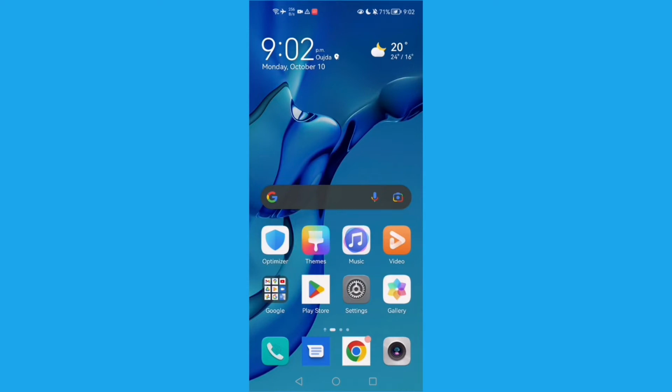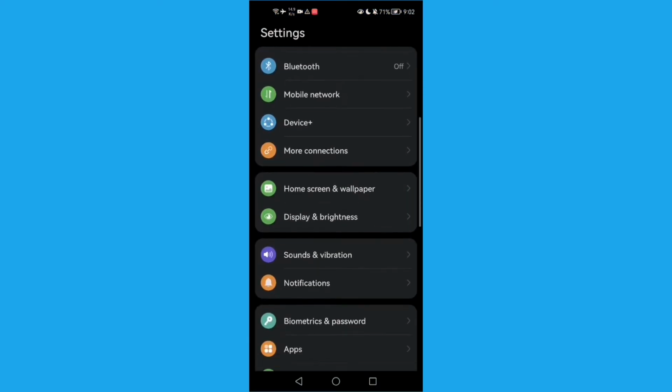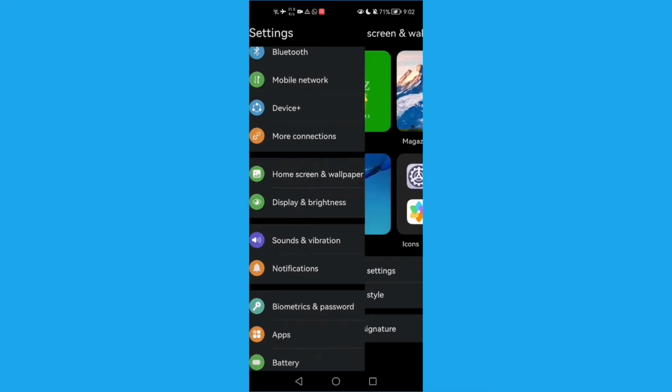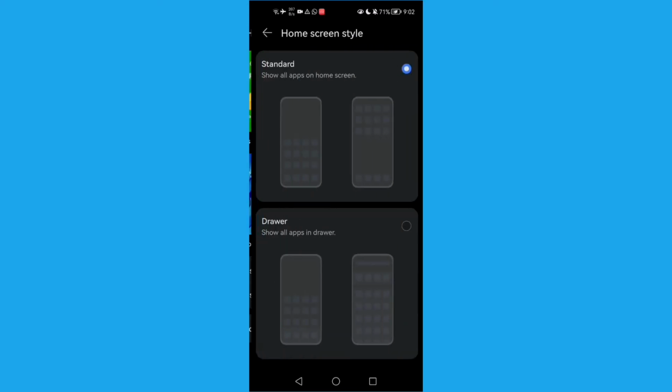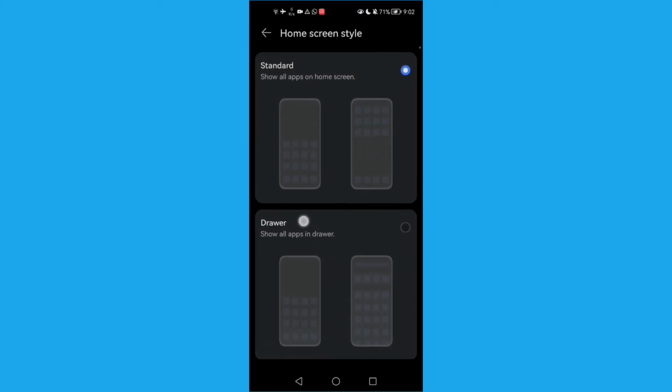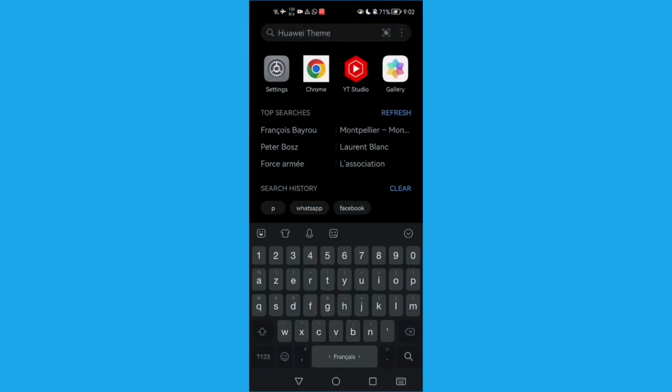First thing, go to settings, and then you need to find this one, home screen and wallpaper, and go to home screen style. You need to make your phone standard, and not this one. Just make it like that, and now you can just go to your home screen and swipe like that, and